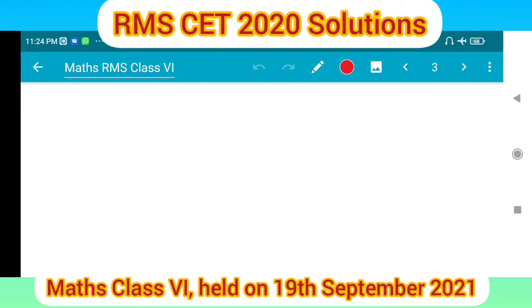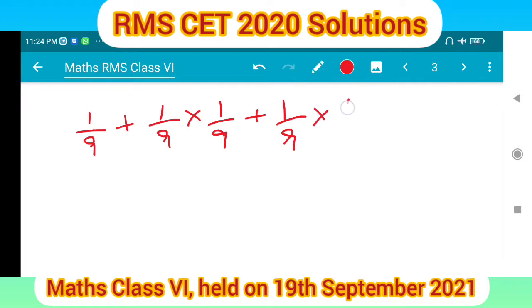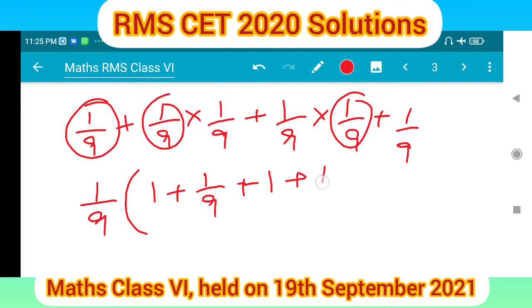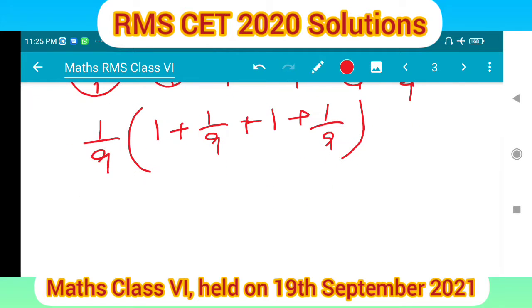What is the question? 1/9 plus 1/9 times 1/9 plus 1/9 times 1/9 plus 1/9. Let's take 1/9 common. 1/9 into 1 plus 1/9. Here is 1, here 1/9 is common. 1/9 is left, and here is 1, and here 1/9 only is left, plus 1/9. So the else here 1/9,